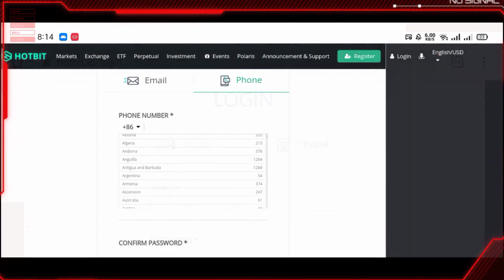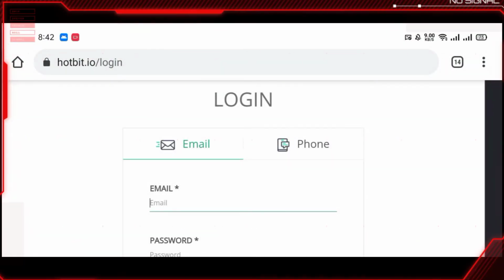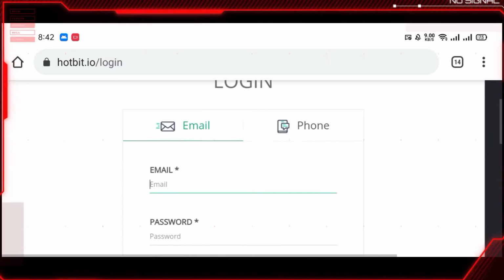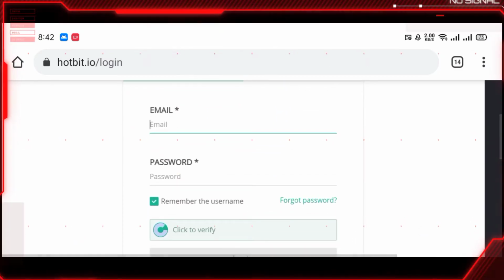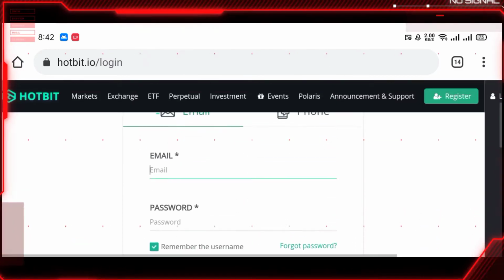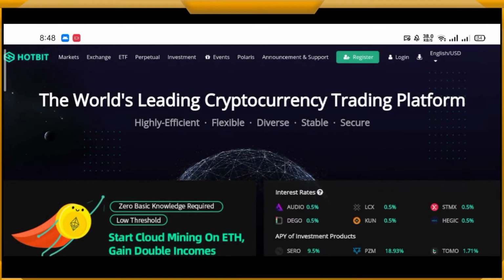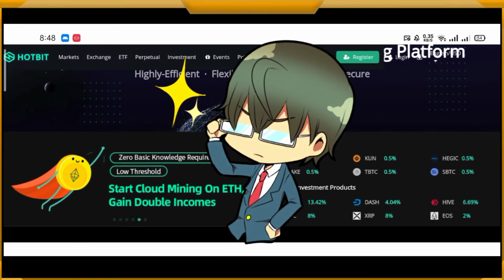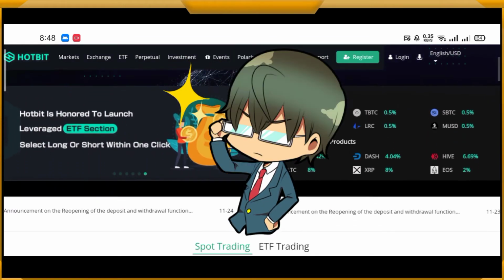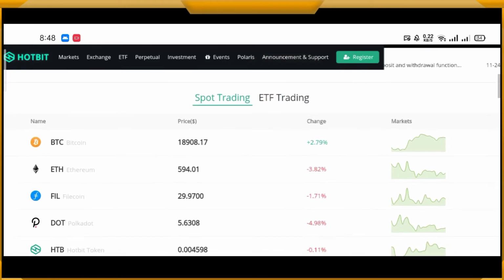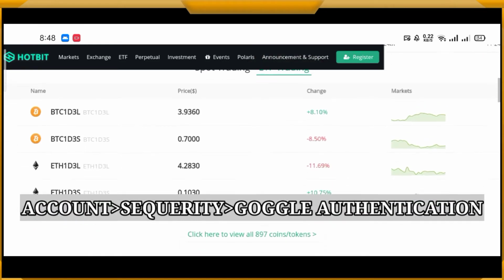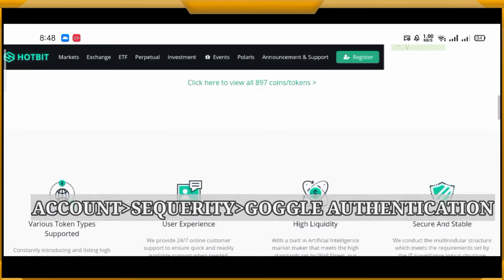That's all about the sign up. Then you will see how to log in. After registration you will see the login option on the same page. Here you have to enter your email and password, and as usual pass a simple CAPTCHA. All done. Now you can trade in this hot exchanger without KYC. Yes, without KYC you can get all the advantages of Hotbit, but for your security I'd like to say please set up Google authentication. That's all.